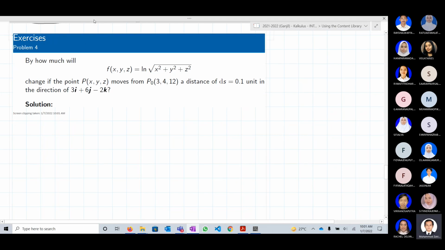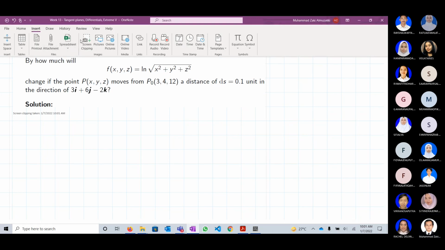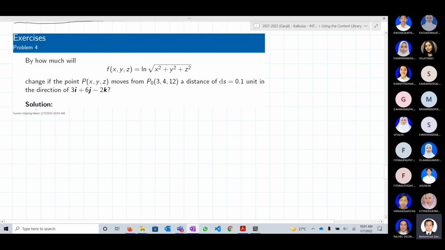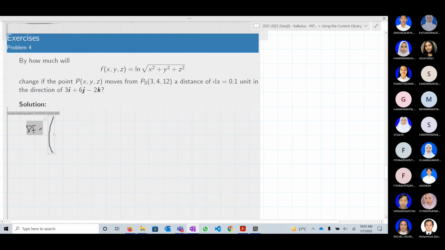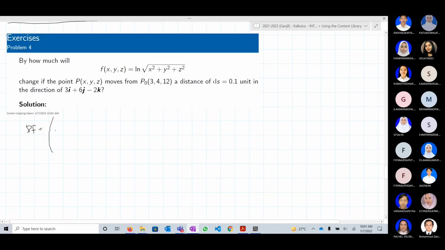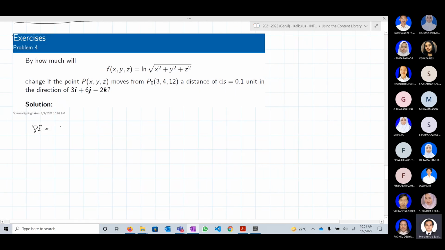So in this case, what we need to do first, again, we need to find grad f, which is in this case 1 over the square root of x squared plus